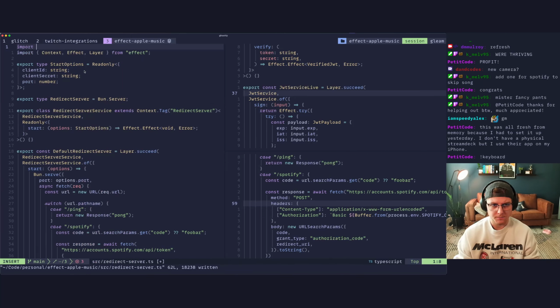Import type Server from Bun. Can we just do that? Is that gonna work? Yeah, it does work. Sick. Server. So this will return Server. And down here we'll do